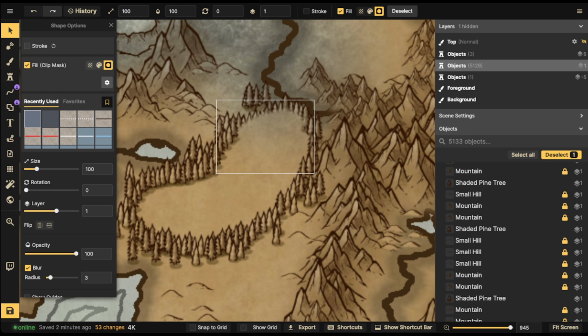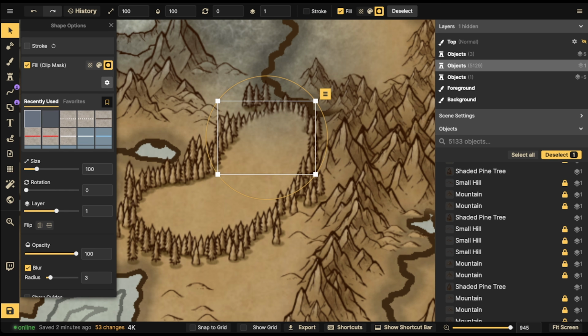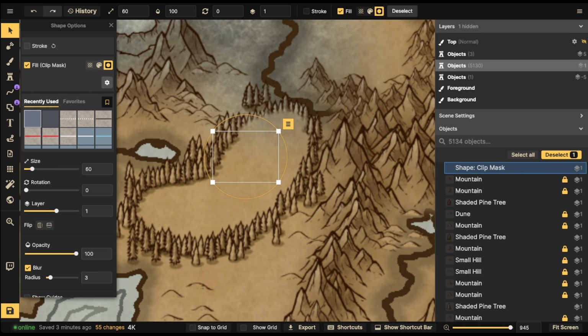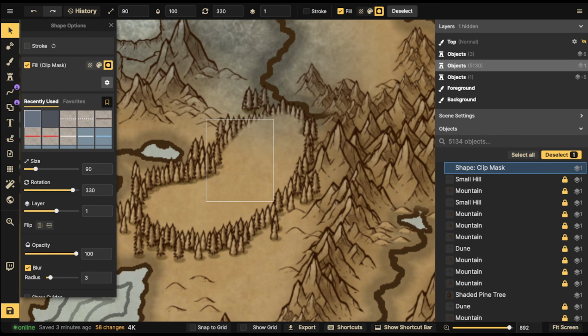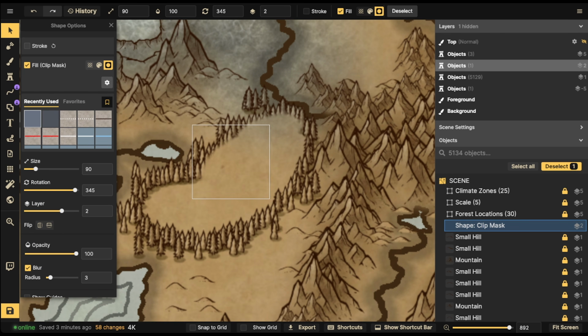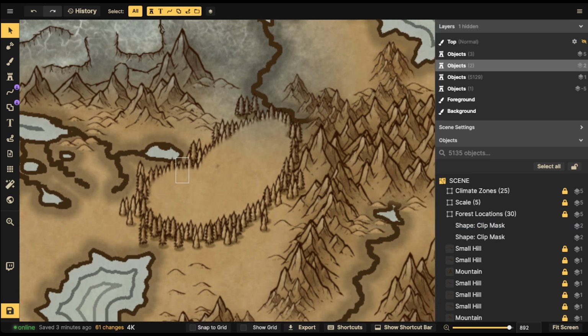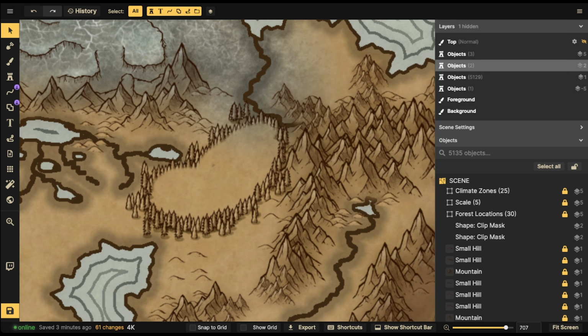Now I'm going to take that blurred shape, and I'm going to try to copy and paste that piece. Let's go ahead and take this piece right here. Copy, paste. I'm going to place it. Oh, let's go up a layer. I'm going to place it just right behind this, like this. Copy, paste, copy, paste. Keep putting them in here like this. There we go. And then you kind of have a little forest right here, and then you can fill it